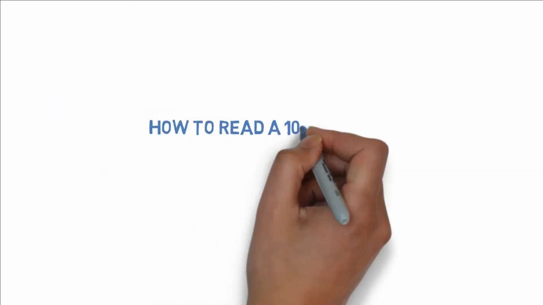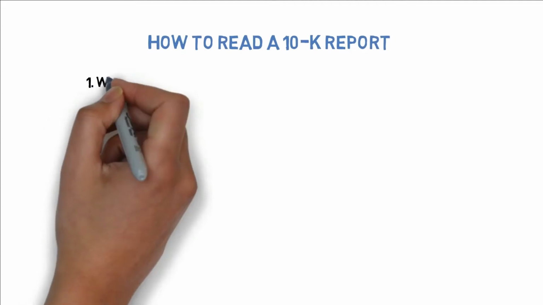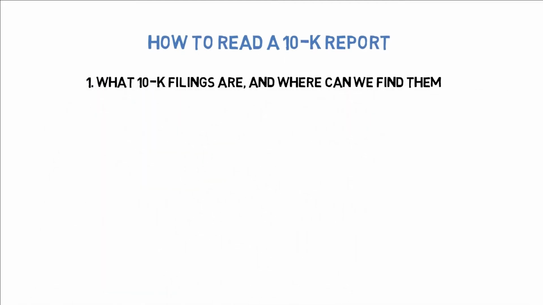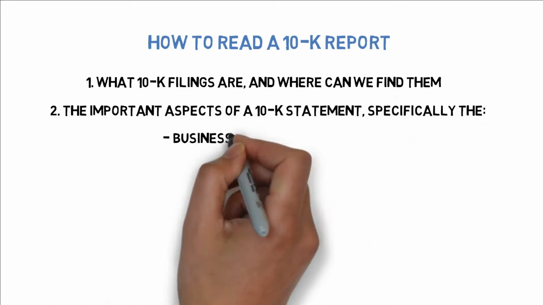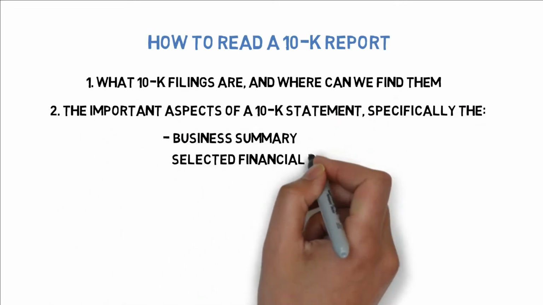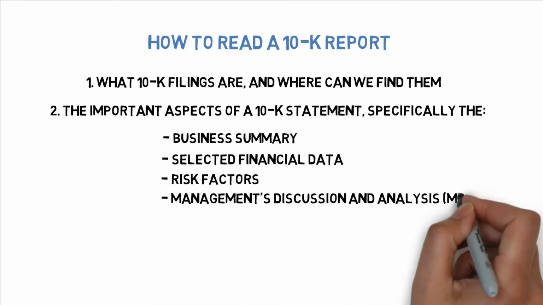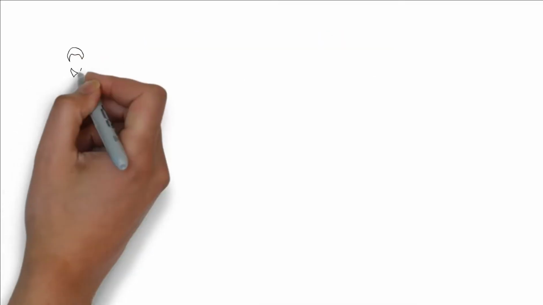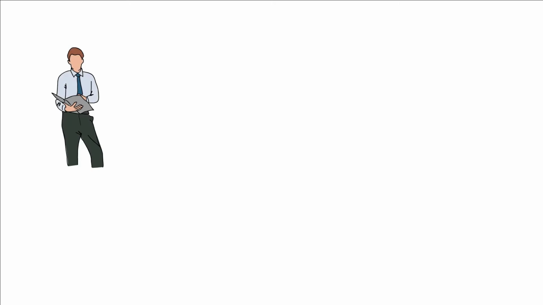This week our focus will be on how to read a 10K report. Number 1, what 10K filings are and where we can find them. Number 2, important aspects of a 10K statement, specifically the business summary, selected financial data, risk factors, management discussions and analysis, MD&A, financial statements. Reading a company's most recent 10K filing is the best way to gain a deeper understanding